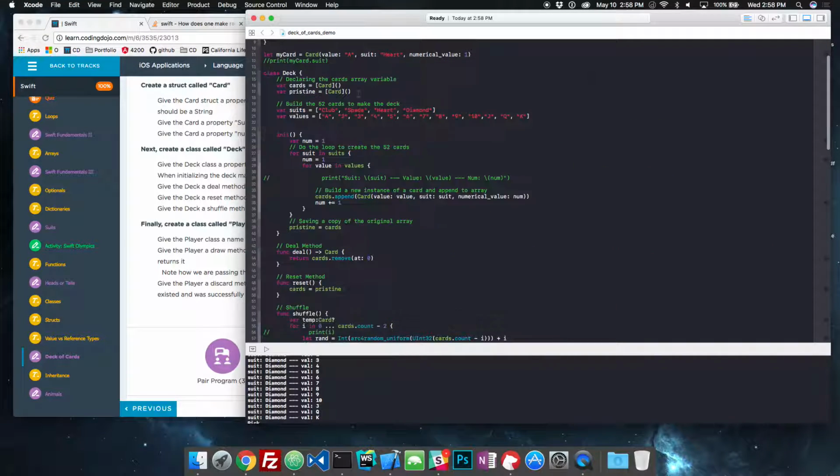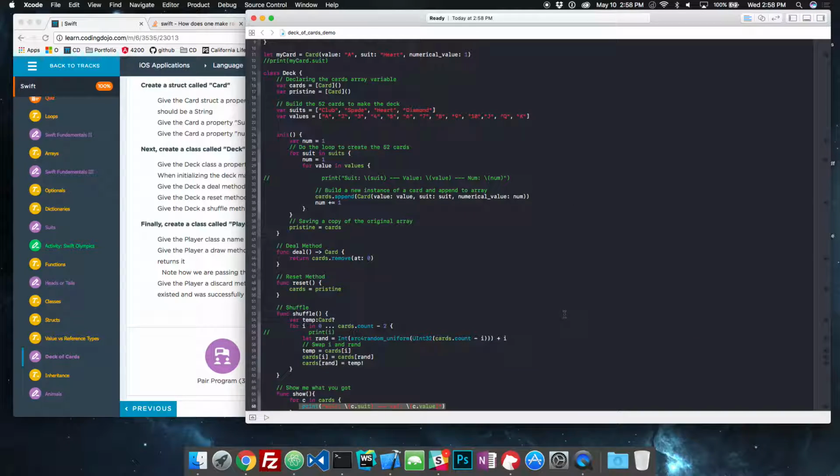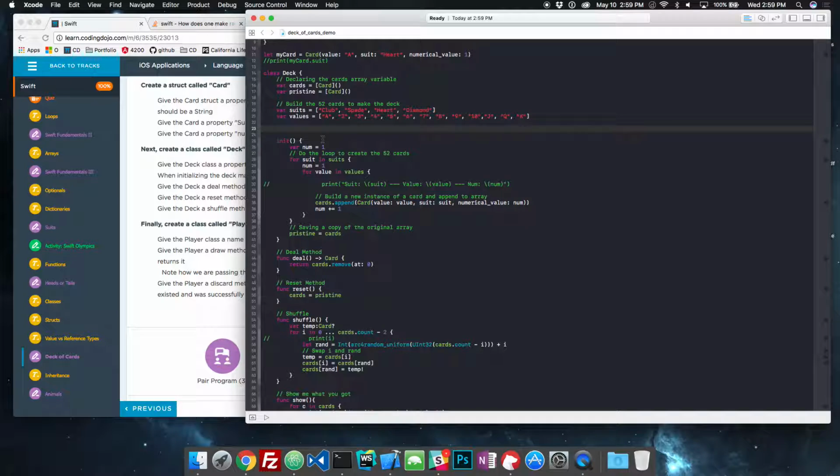Can you tell us what private functions do? There's something in this solution, what does that do exactly? It was used for build deck. Private function. Well, anything with private in front of it is only accessible within that object, in the class. So you can't do deck dot something that's private, like build deck. For example, if I said private